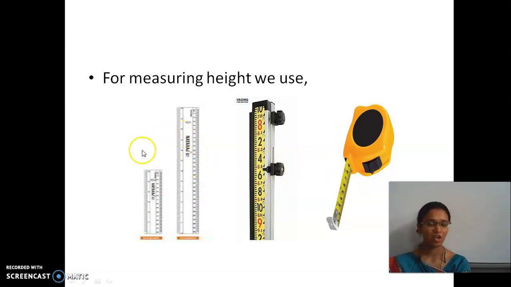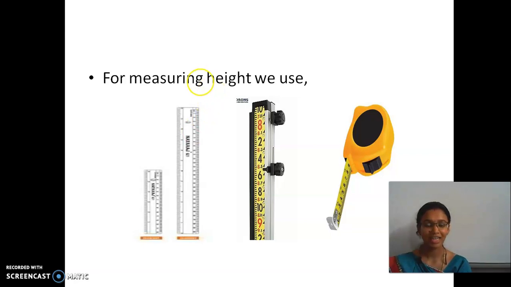This we use normally in studies, right? You will have 0, 1, 2, 3, 4. Inside that you have the small lines, right? So one small line is equal to 1 millimeter. In this one reading, see here you have one here. Inside this, just take a scale and see. You are able to get it clearly.